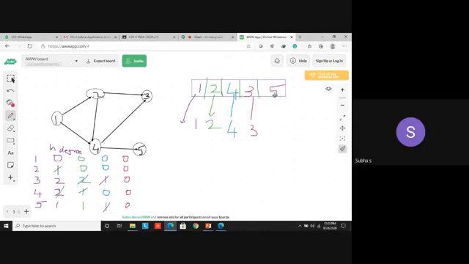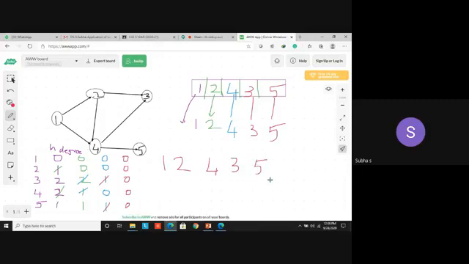Okay. So now front pointing to what? 5. Is there any node adjacent to 5? No more nodes. So just dequeue. Now what? Your queue become empty. And also you can check this one. Here all the in degree become 0. Yes, that is your final thing. You are enqueuing all the elements and you are dequeuing one by one. So now the topological sorting for this graph is what? 1, 2, 4, 3 and 5.